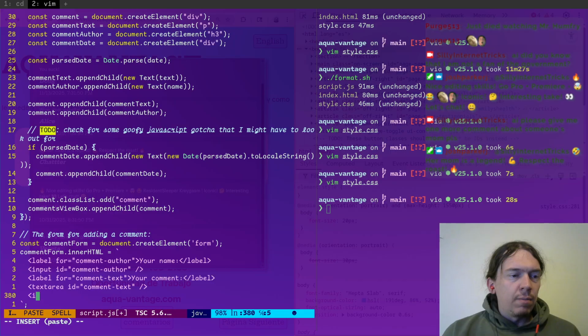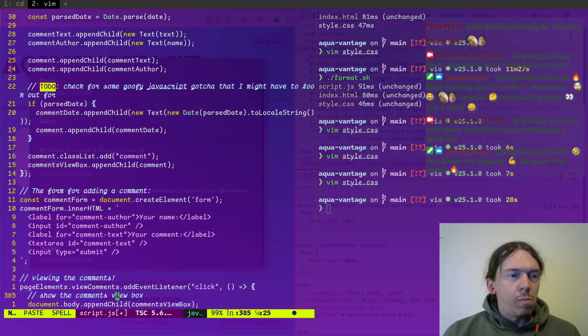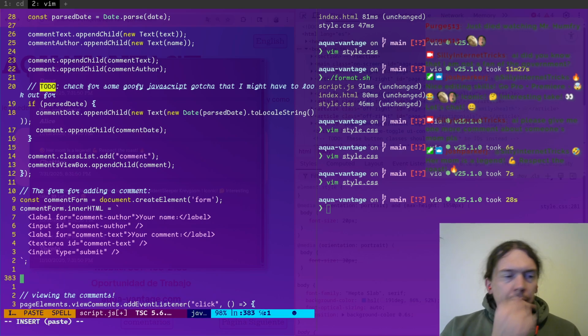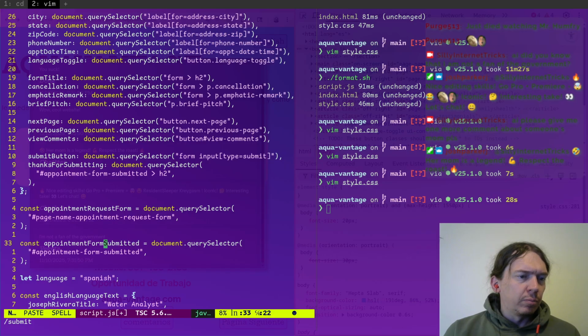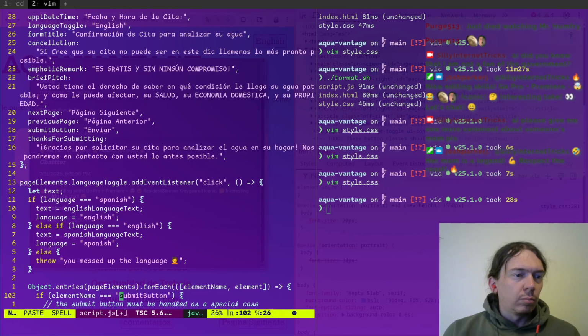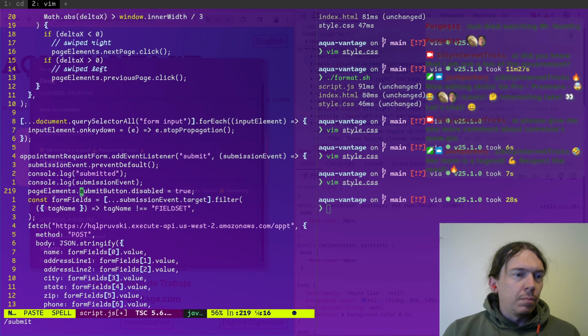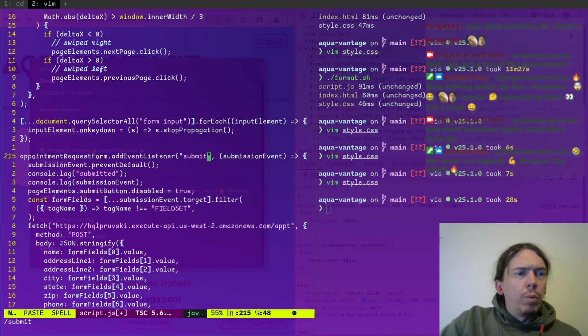There will be an input type equals submit. Okay. And then we have a submit here somewhere. Actually, we have a lot. So right here, we add event listener for submit. We prevent default.